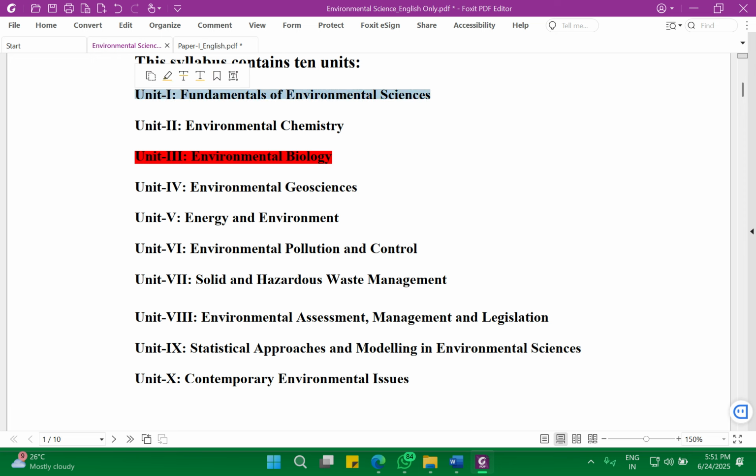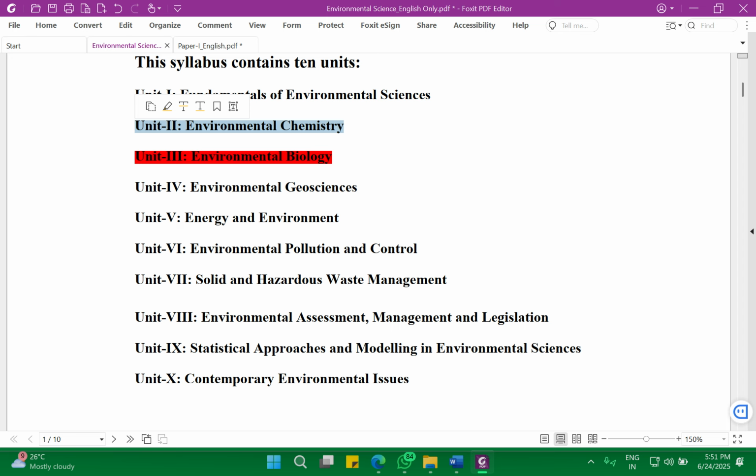And next important you need to give to this energy and environment. And next important you need to give to this unit 7, solid and hazardous waste management. And next you need importance to unit 10, that is contemporary environmental issues. If you read all these units which I have told, it is almost 5 units. Mostly you will get 70 marks, and remaining anyhow some questions around